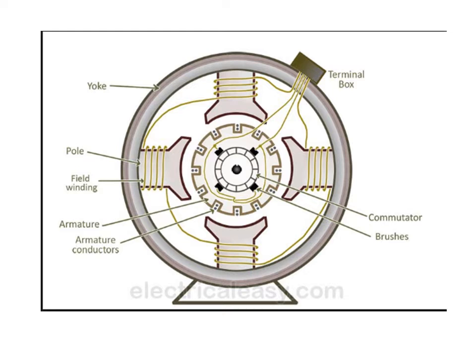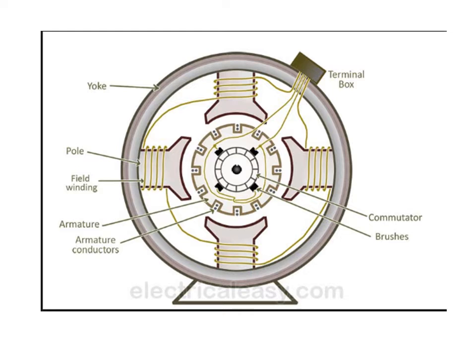Even in this diagram you can see clearly the different parts in the DC generator. The terminal box is used to connect all the coils required for the armature structure as well as the fields or magnets. The pole is nothing but the magnet, along with the field winding. Why are field windings required? To send the required current through the field coil, which makes the magnet an electromagnet. The electromagnet generates the desired magnetic field lines required for the generation of the EMF.